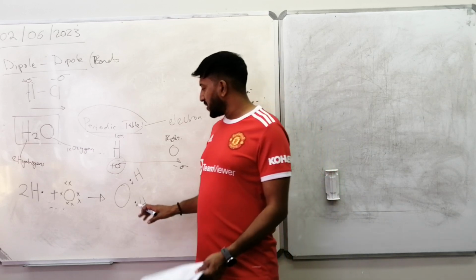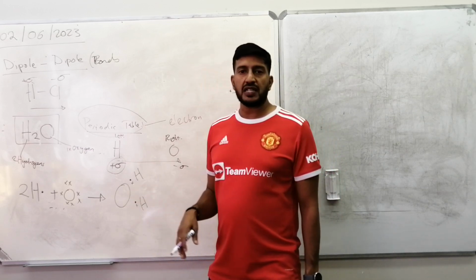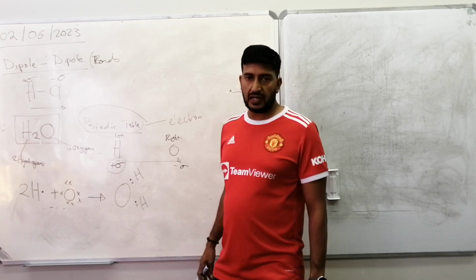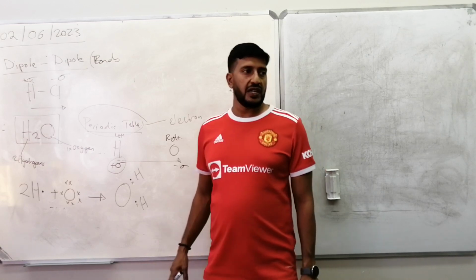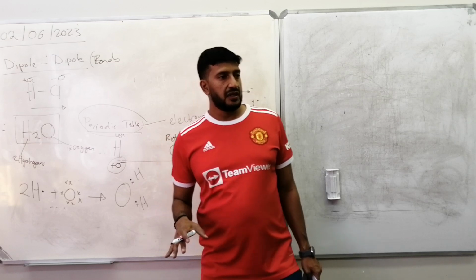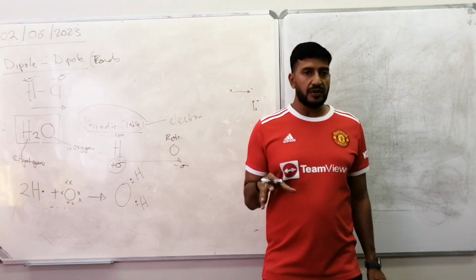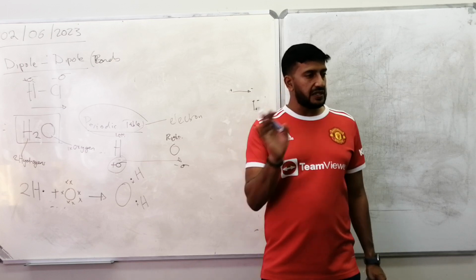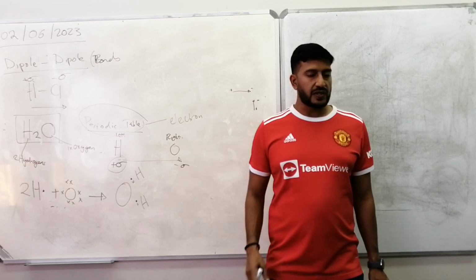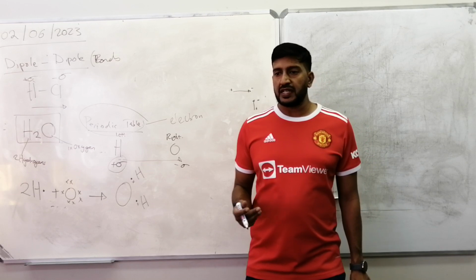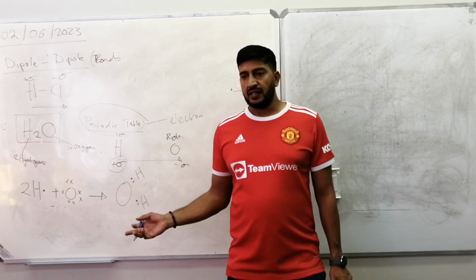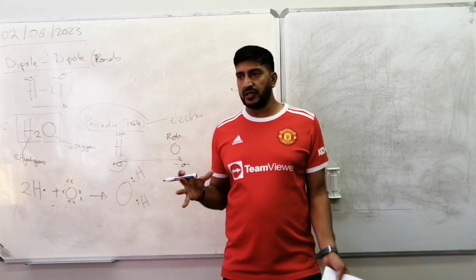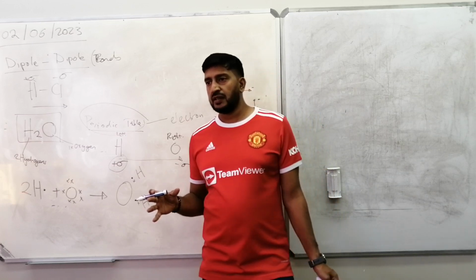So when we're looking at the bonds here, remember it has to satisfy the octet rule. So it's at the 8. For the compound to be stable, or an element to be stable, it must satisfy the octet rule. In other words, it must have 8 electrons around it. So once it has 8 electrons around it, it can't attract any other element towards it. It can't do anything. It's a bond. Right? There's a question. Yeah.